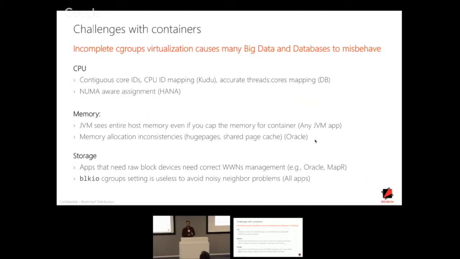Because if you have to do it at per volume level, you have to set 10K each or 100K each. But what we want to do is say this data node cannot consume more than 200K IOPS. So that's a problem with block I/O. It's a management nightmare if you have to set block I/O for each and every volume.